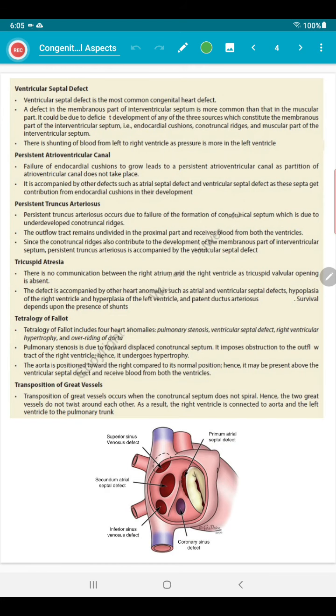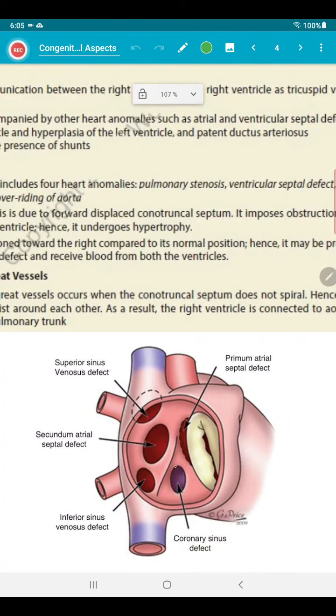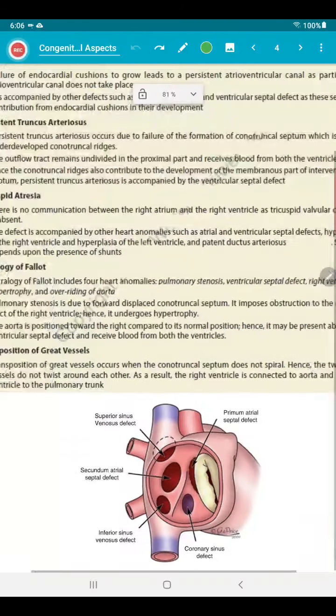Now what is VSD? Like ASD, atrial septal defect, there is VSD. Here you can see the picture. This is the atrial septal defect. All atrial septal defects do not occur at the same time, but the illustrator has demonstrated the places here for your understanding. So this is superior sinus venosus type defect. This is secundum type ASD. This is inferior sinus venosus type defect. This is coronary sinus type defect. This is atrial septum primum type defect. Okay, so all these five types of defect you can find in case of ASD.